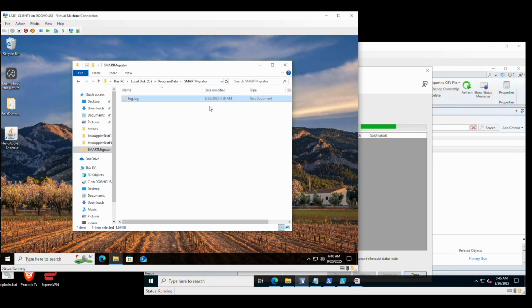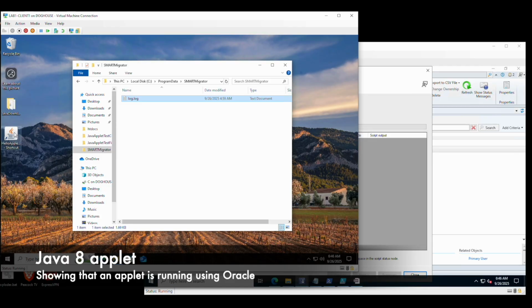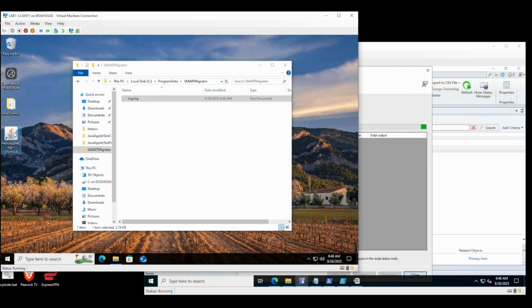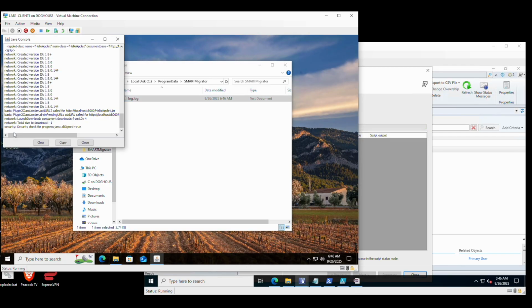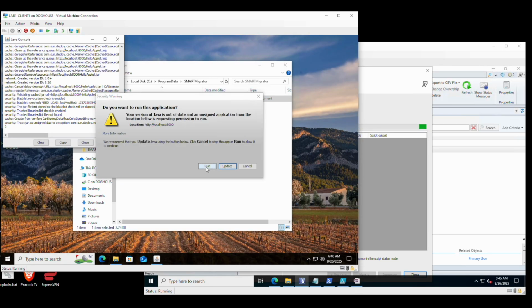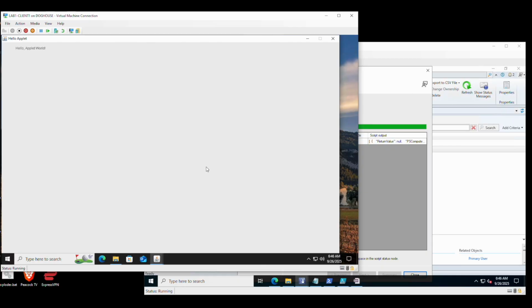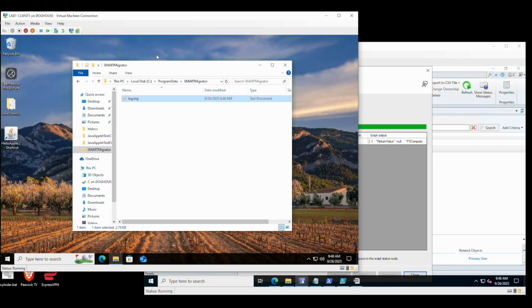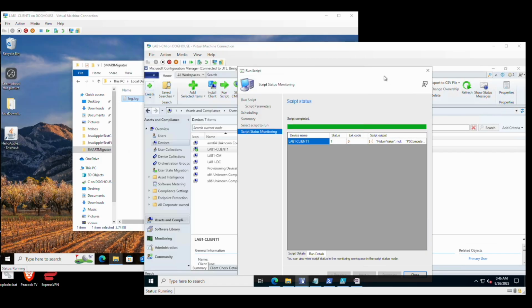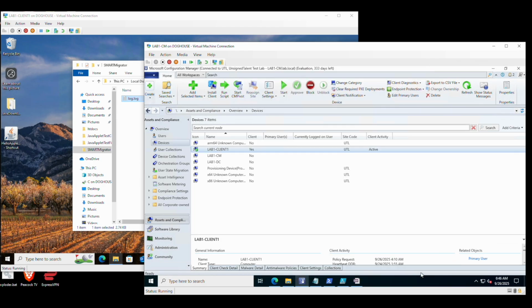Now while we wait, we can take a look at the applet itself that we've used for our demo. Here we can see it's clearly using Java 8 to launch, and it's a very simple applet that will produce a small window saying hello applet world. Clearly we see that this runs well using Java, but now we want to make sure that it runs well